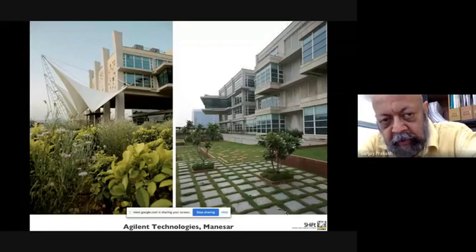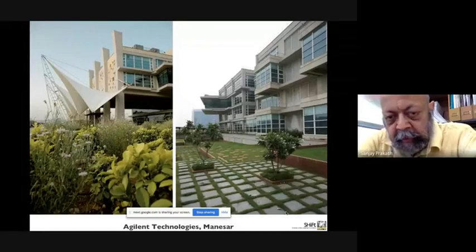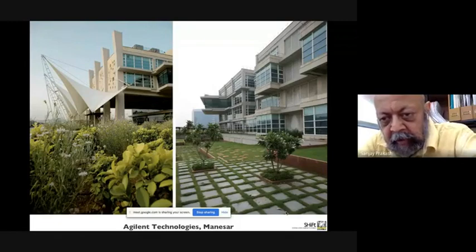So we needed to get these 1,800 people working comfortably using their standard 24 plus minus 1 centigrade temperature settings. But we wanted to be able to demonstrate that this could be done even in a harsh climate like Manesar for much less cost, much less running cost. And therefore, even though we invested a lot in the air conditioning plant itself, we changed the building to have a bottom-up air conditioning scheme.